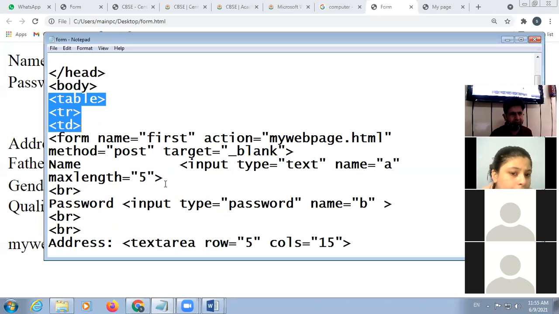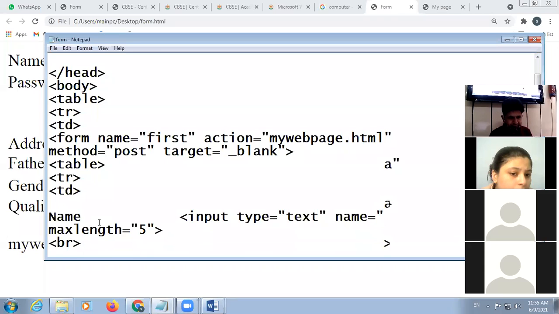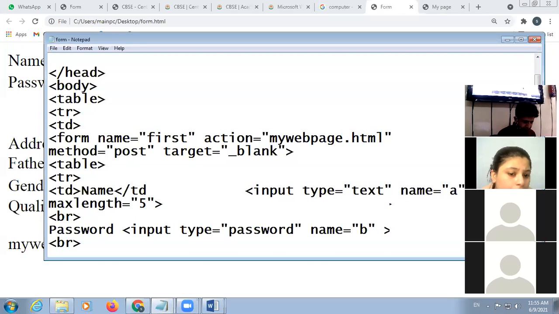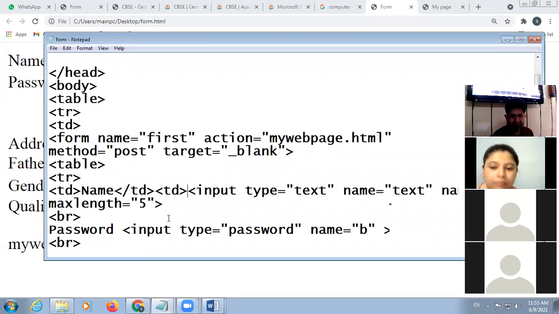So here I have the form tag, then start the table. In the first td we will take name, and after that I will close the td and then start a new td, and then I take input. Okay, and after that no need to use br.